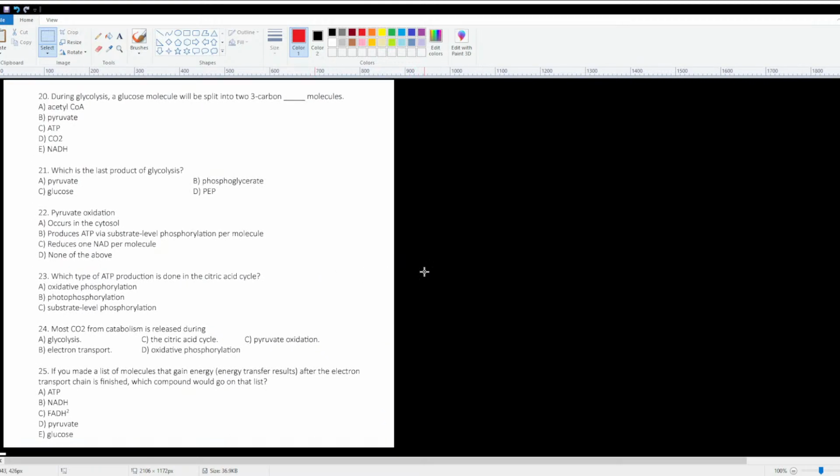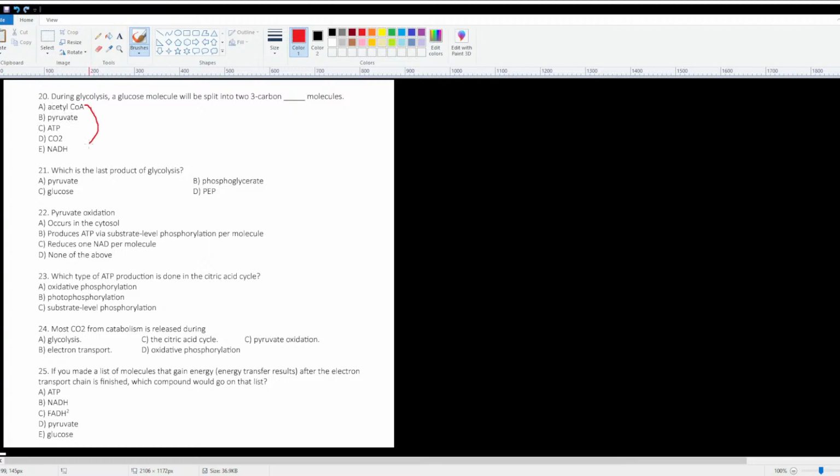So number 20 is asking, during glycolysis, a glucose molecule will be split up into 2 3-carbon molecules. I know the answer to this question, but actually, look at this. During glycolysis, we can immediately